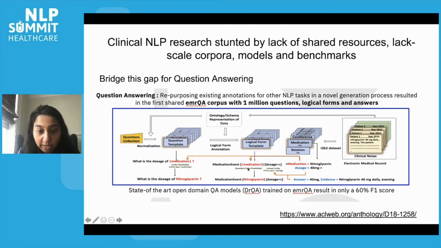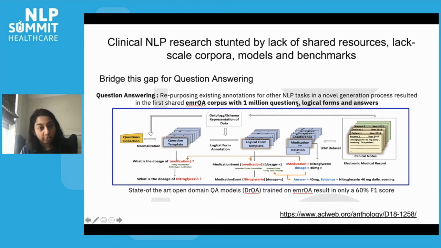Here you see medication event, medication dosage equals X is the logical form for this question, and here you see a slot-filled logical form. Now, given this question and given the logical form, what we do is we slot fill these question and logical form templates with annotations from these several I2B2 data sets for different NLP challenges. We do that by mapping entities across the two with the help of an ontology or schema representation of the